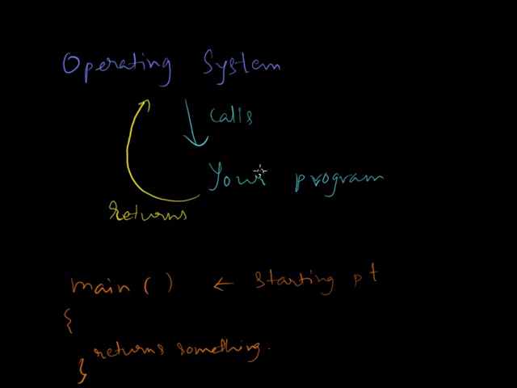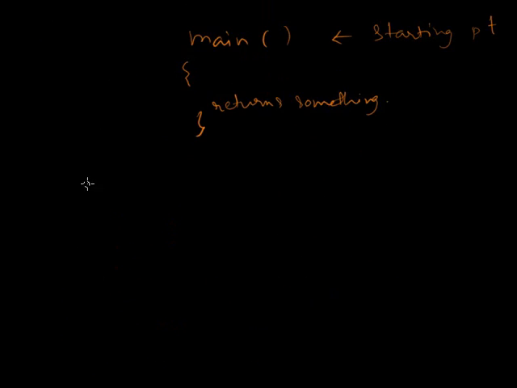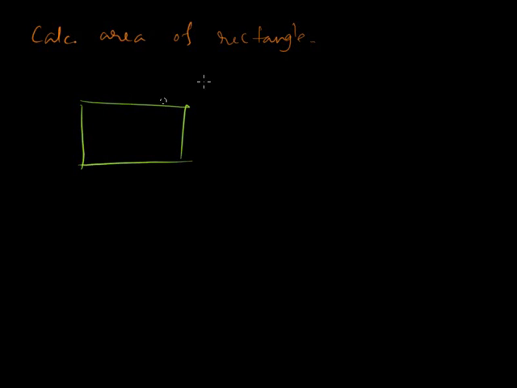So that's all we need for writing a C program. Now let us try to write one C program. So first of all we need some problem statement. So the question is how to calculate the area of a rectangle. So we have a rectangle here. Its breadth is 5 and length is 10, and you have to calculate the area. Such a simple problem,